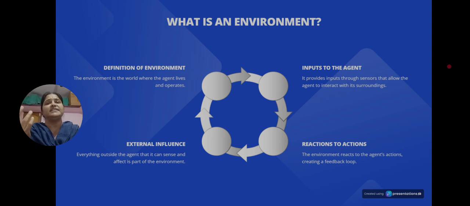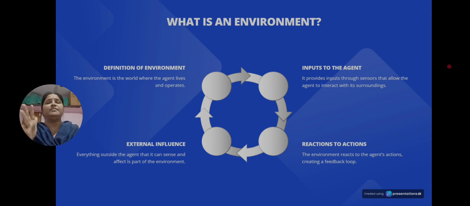Next we are going to see the environment. So what is an environment? In this world, the environment is where the agent lives or operates. The agent is part of an environment, where the environment actually gives life to, or operates according to, the agent. The two important aspects we are going to see in this environment are inputs and reactions. Inputs are what is given to the agent through the sensors, and reacts means that based on the input given through the sensors, the agent will be able to act.